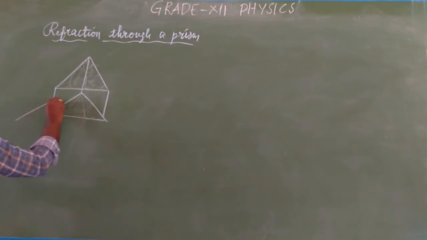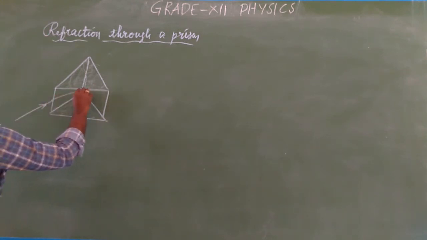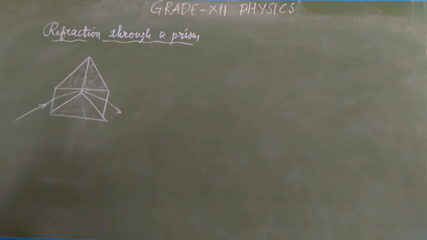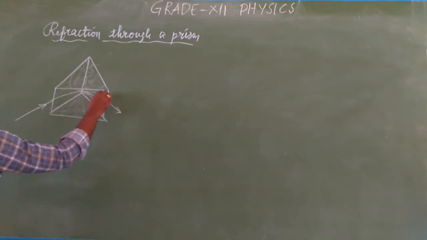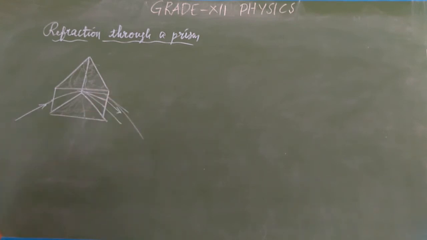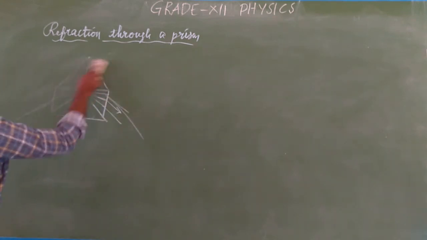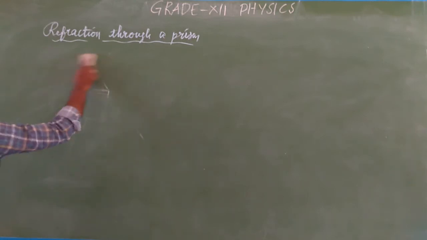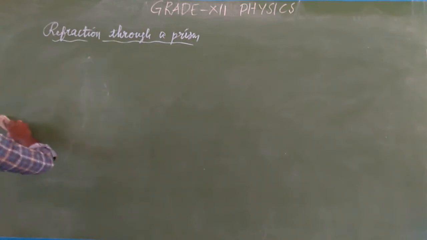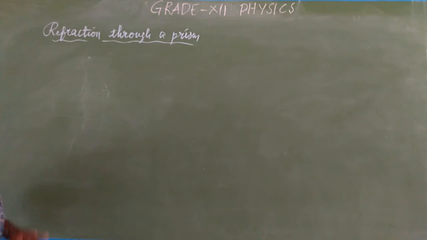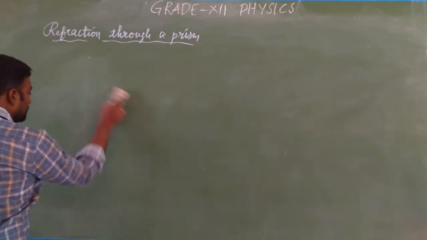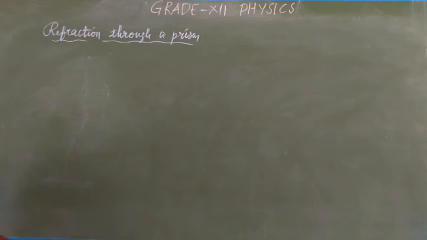Whenever light is incident on this prism, it gets refracted. If you allow white light, it is dispersed into some colors. This we'll see later. So a prism is nothing but a thick glass that has two triangle bases and three lateral surfaces. And the triangle is an equilateral triangle, so all the sides are equal. Now we'll see how refraction occurs.